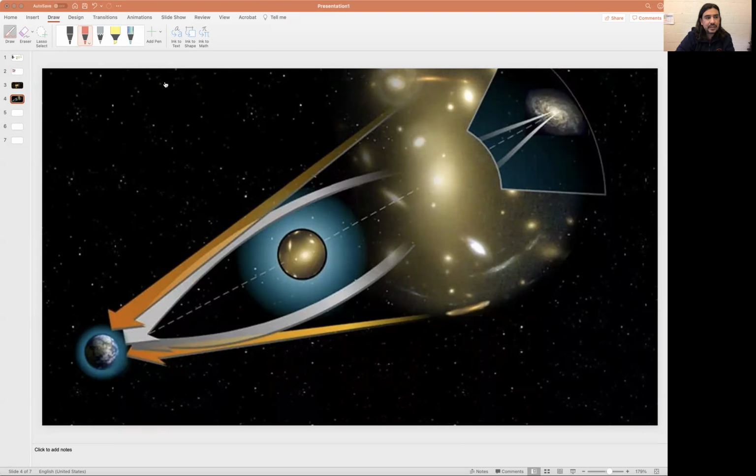So this is called gravitational lensing, and that's an important effect because it was predicted by Einstein in 1912. He made the calculations to see how much light would bend. And then, because of this lensing, he said that you could go during an eclipse. So we know where the stars are located anywhere.